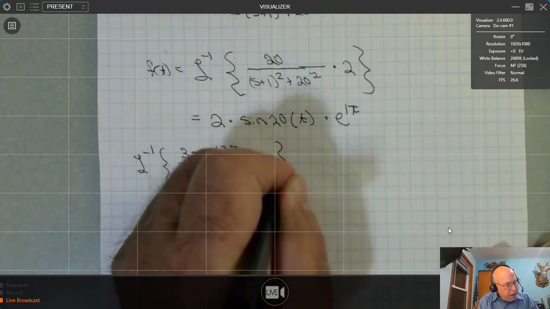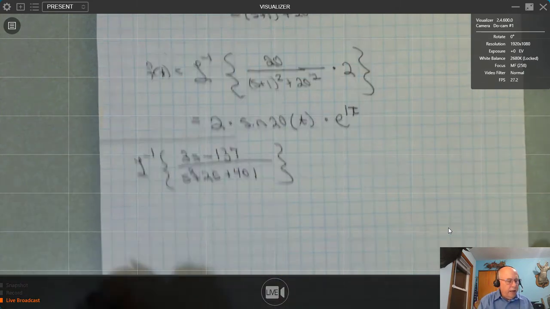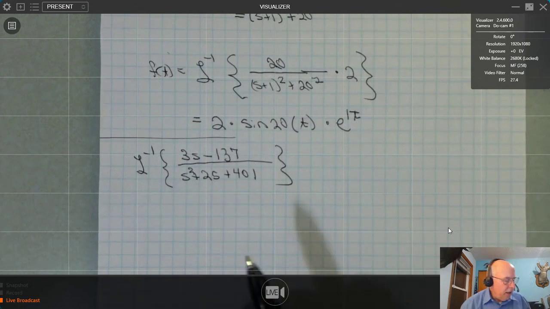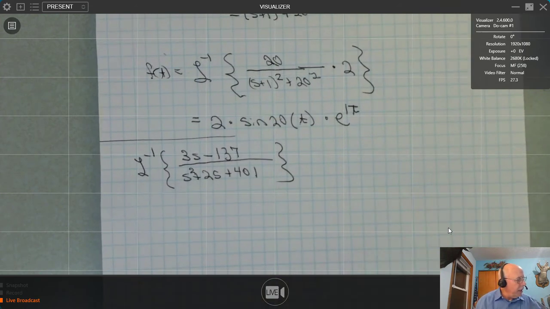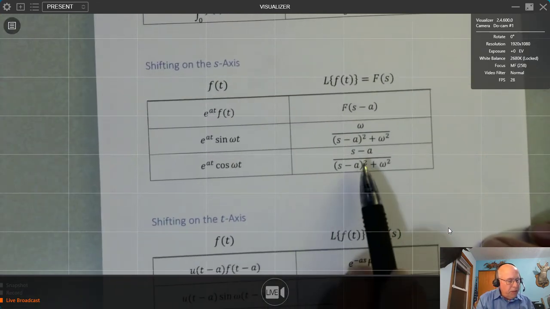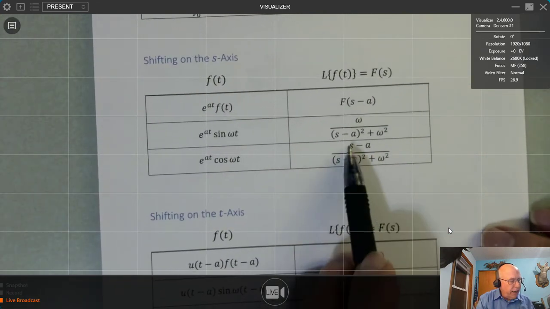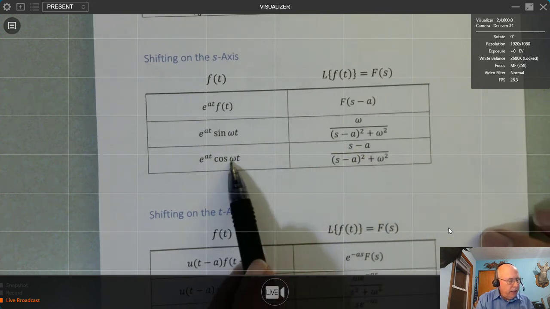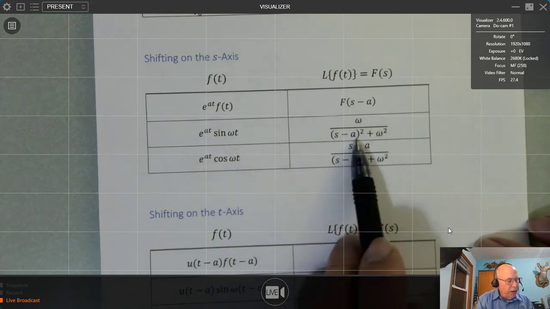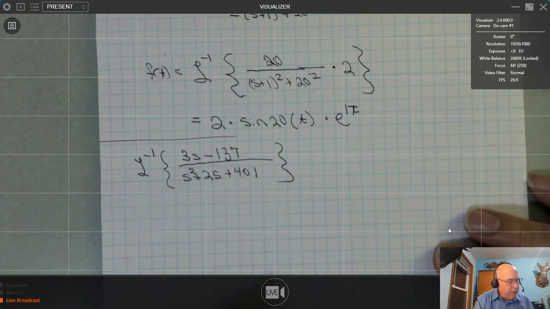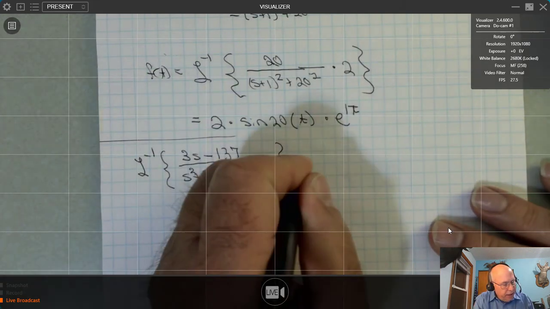So suppose we started, instead of starting with this one, suppose we started with this one here. Now, you can pretty much anticipate what's going to happen. We are going to probably split this up into a piece that has an s in the numerator, which will come back on the t-axis to a cosine form, and one that has a constant in the numerator that will come back to the sine. So this will be split up, but you don't want to probably do it just yet. And the reason is,